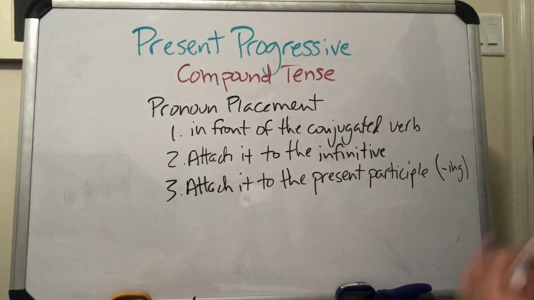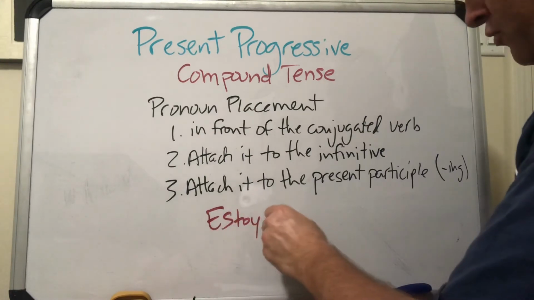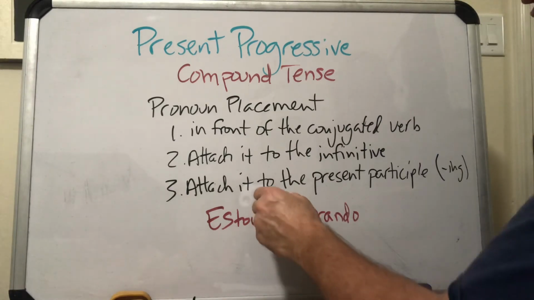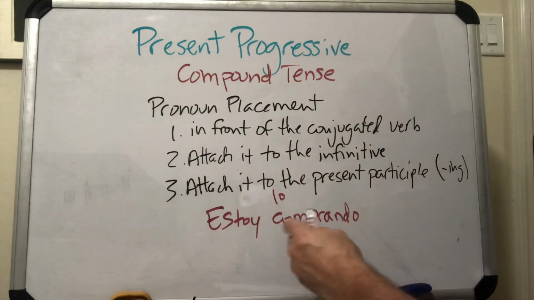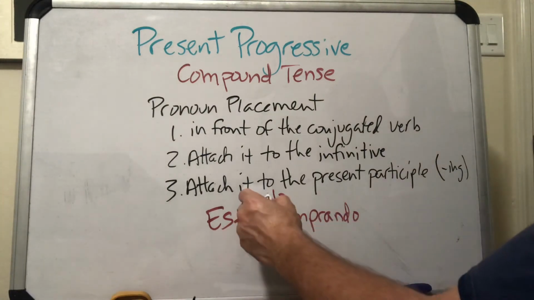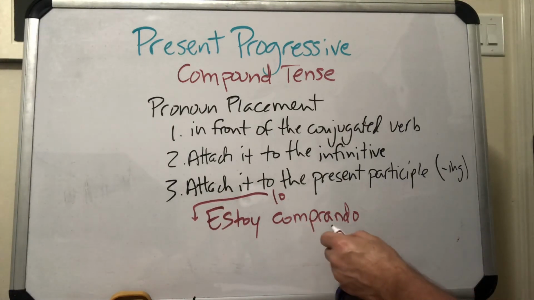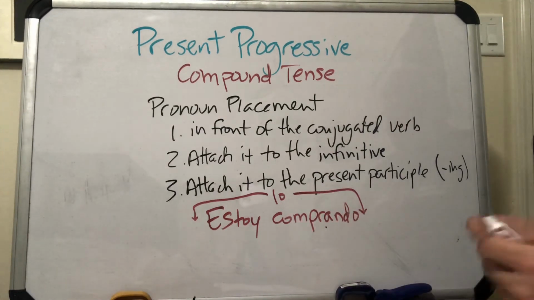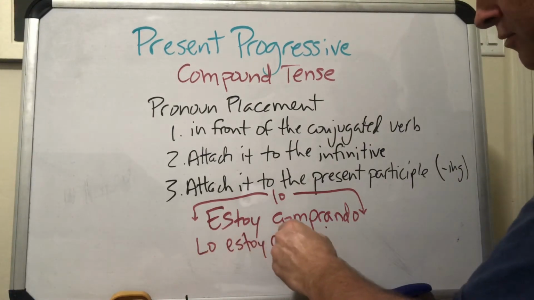So if you say like, I am buying it, let's say the it is a dress, right? So you say, I am buying it. Estoy comprando. Okay, and then the it is lo, right? That's the dress. So again, we have a conjugated verb, estoy, so you could put it here, lo estoy comprando, and we have a present participle, the ing form of buy. This is buying, so you could attach it here, okay? So you could say lo estoy comprando,